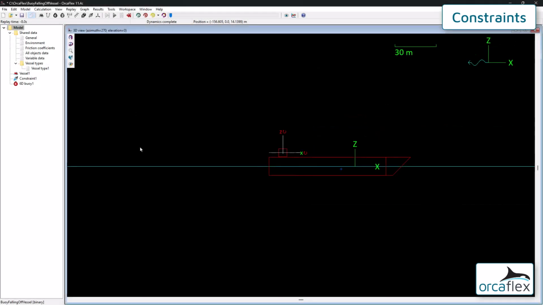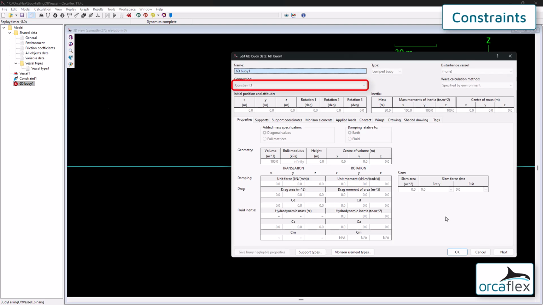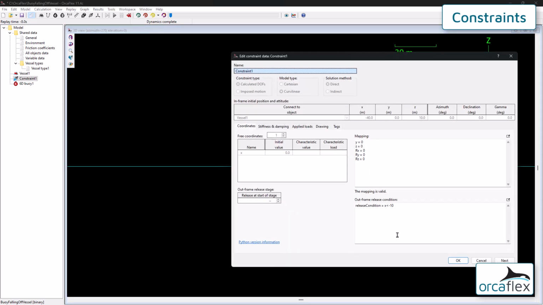A further example shows how a dynamic release can be used in conjunction with a free coordinate. The requirement is to allow the buoy to slide along a rail and then fall off the stern of the vessel. The buoy is child to the constraint, which is child to the vessel. The constraint has a single degree of freedom defined, x, which allows the buoy to slide along the x-axis without